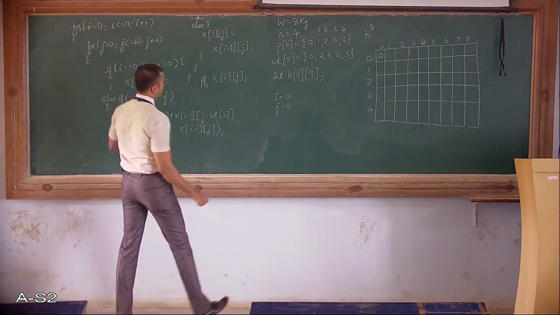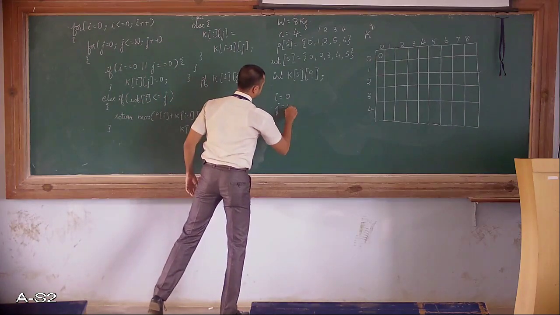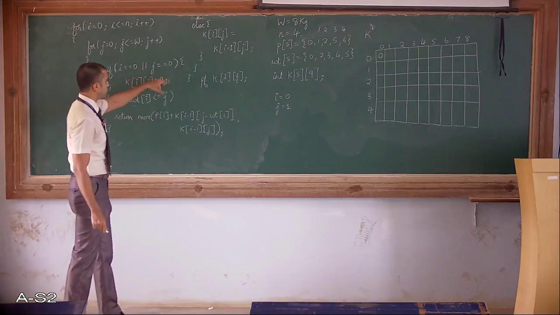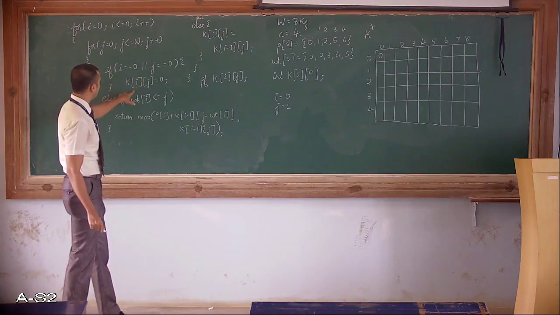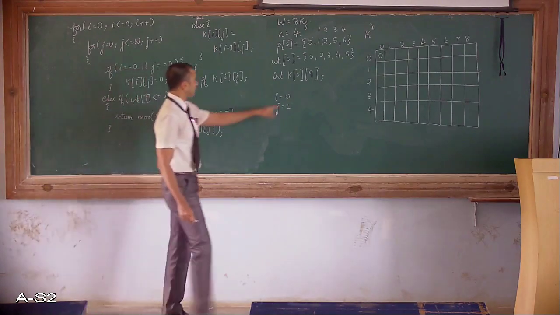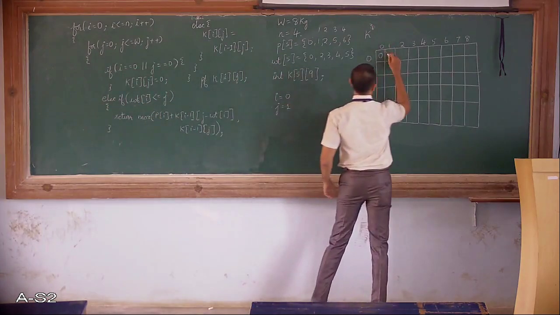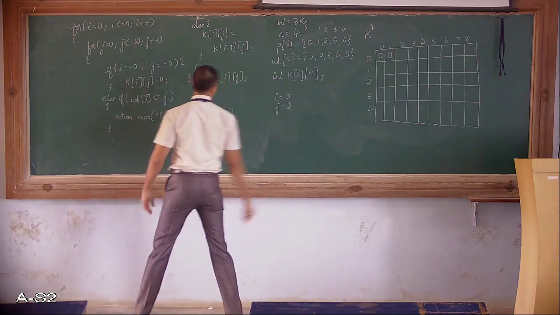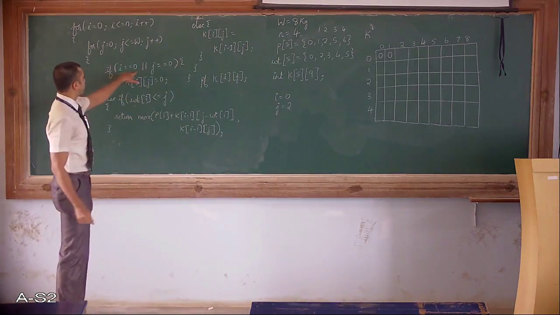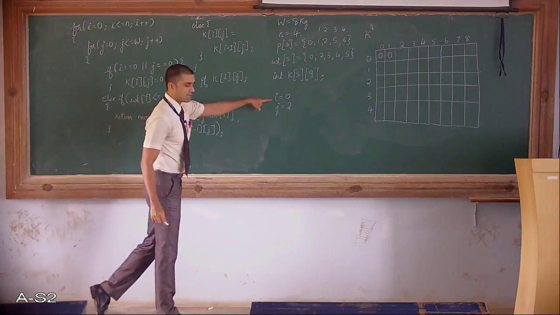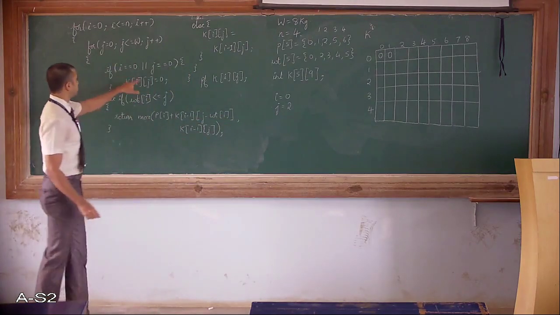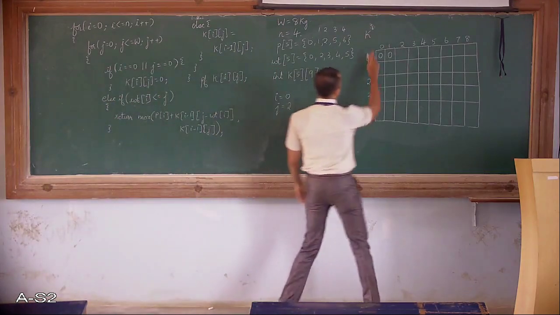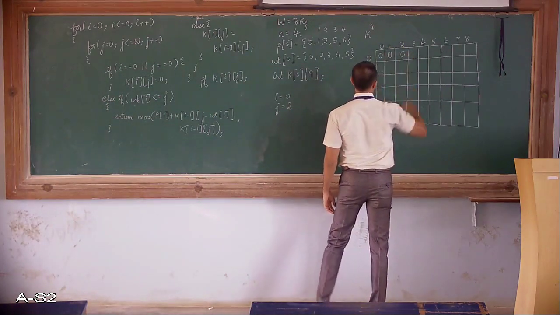Next, j plus plus. J value becomes 1. Again, it will check this condition. If I equals to 0 or j equals to 0, yes, I is equal to 0. So K of Ij, K of 0 comma 1 is 0. J plus plus, j value becomes 2. I equals to 0 or j equals to 0. Yes, I is equal to 0. One of these conditions is true, which means K of Ij is equal to 0. So K of 0 comma 2 is 0.